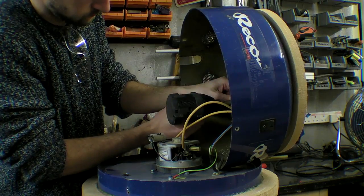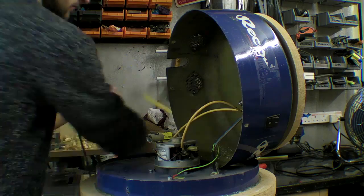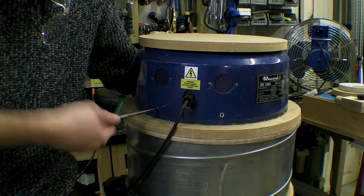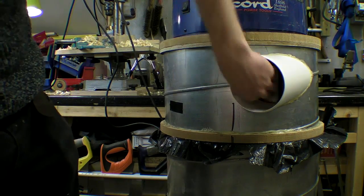So I just glued a massive bit of MDF to the top of the extractor to cover up the hole, and I put a couple of screws in to hold it in place as well as using hot glue. I covered up the holes in the drum using heavy duty tape, and the final thing I did was actually